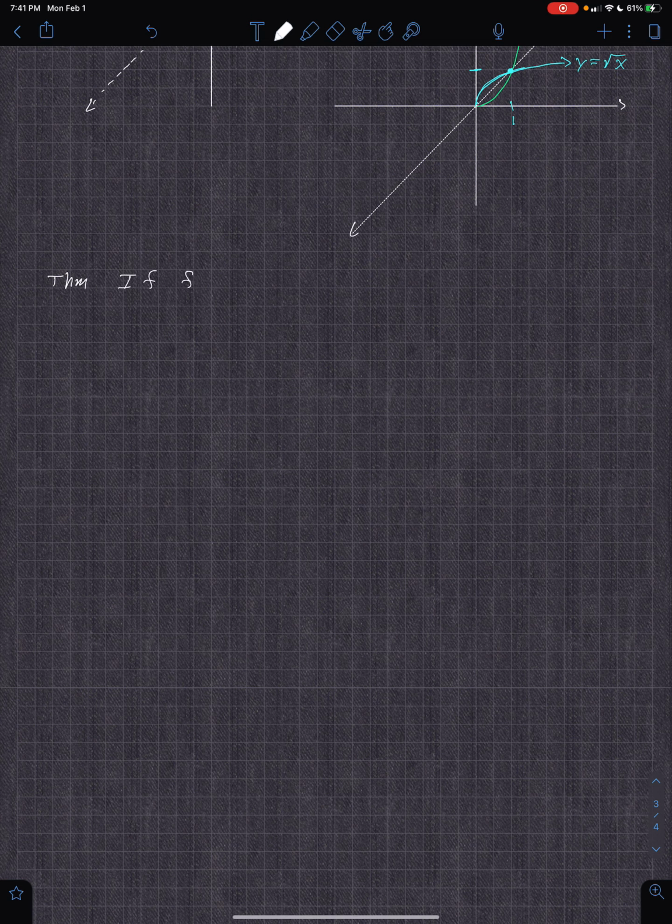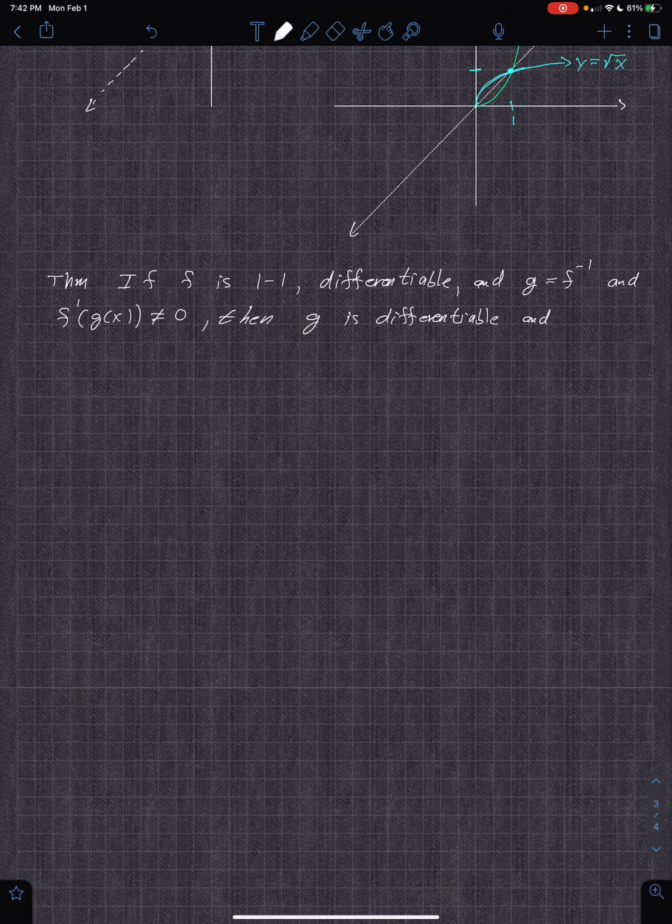If f is a 1 to 1 function, differentiable, and g equals f inverse, and f prime of g of x is non-zero, can't divide by 0, then g is differentiable, so basically its inverse is differentiable, and